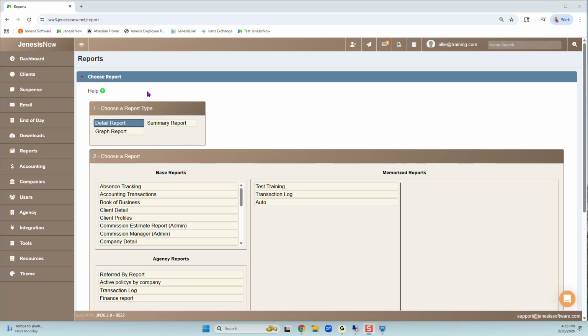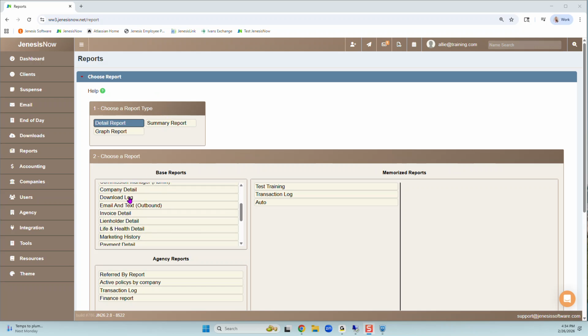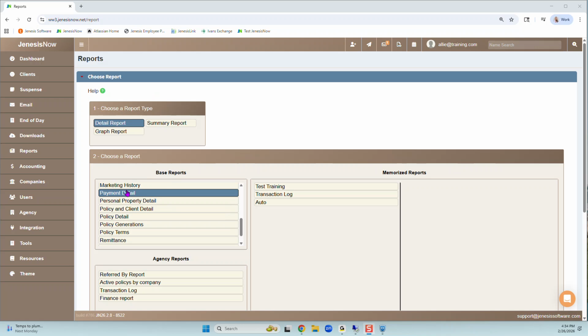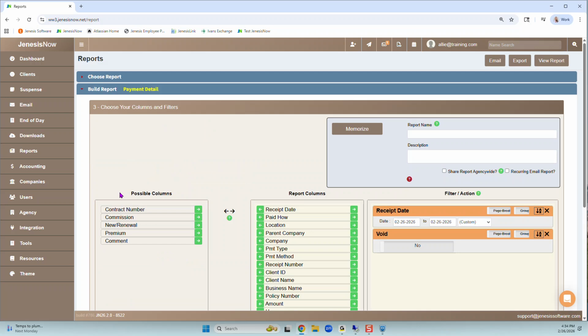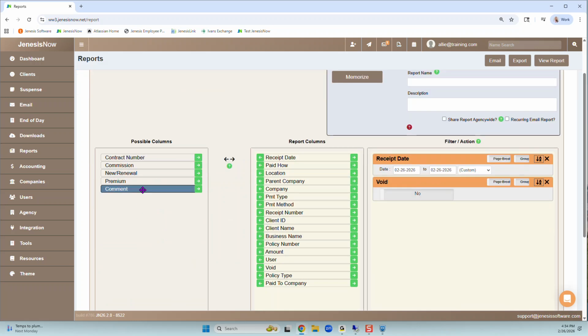Hello. Today we're going to generate a report that will show us payments taken in the agency, grouped by date and by payment type. Let's start with our payment detail report, looking under our base reports and clicking on payment detail report. Of course, you always have your possible columns over on the far left,